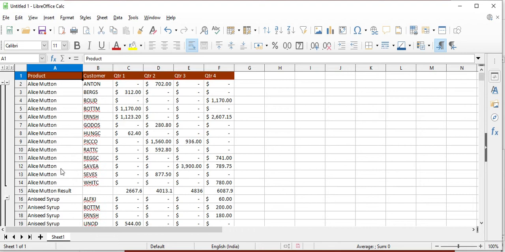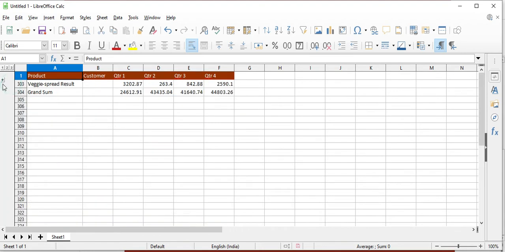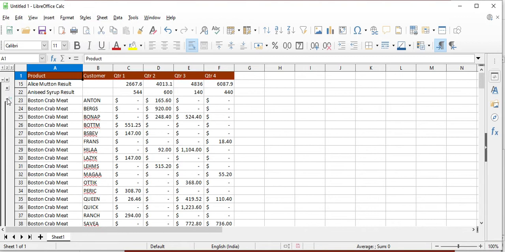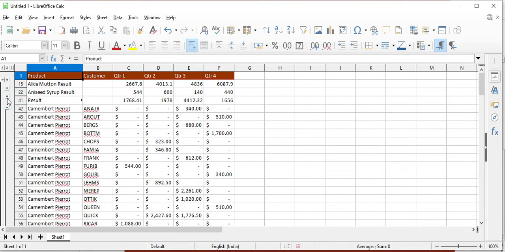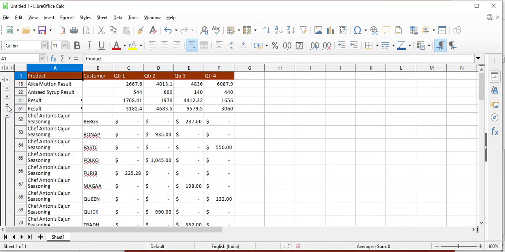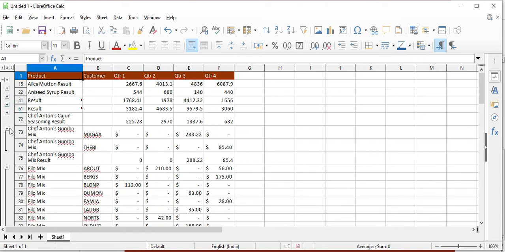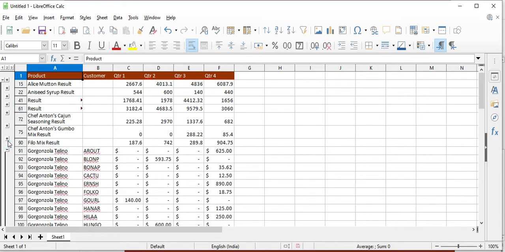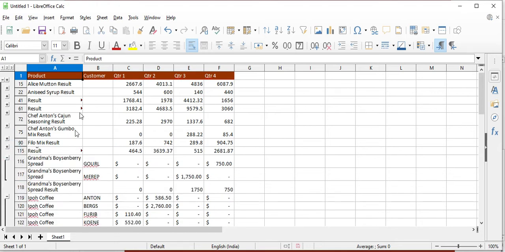You can directly hide this also. By pressing on this minus, you can see all the results, whatever products are there, the total result.